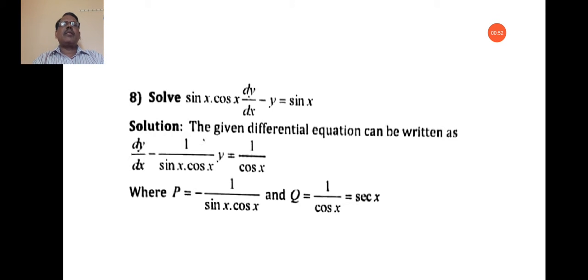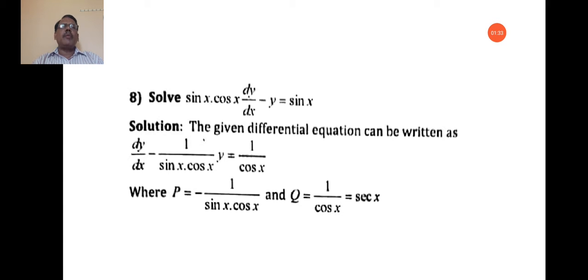So first, express the given equation as dy by dx plus p into y is equal to q. The second step is find the integrating factor, which is given by integrating factor is equal to e to the power of integral of p dx. And third step is the solution of the given linear differential equation is y into integrating factor is equal to integral of q into integrating factor into dx plus c. These are the three steps involved in working rule.